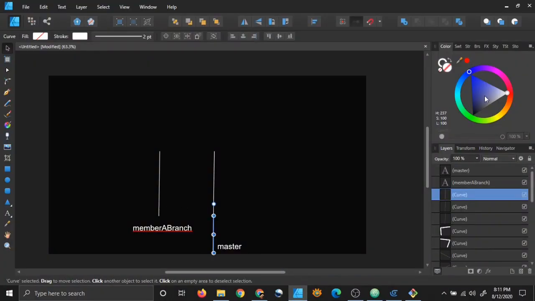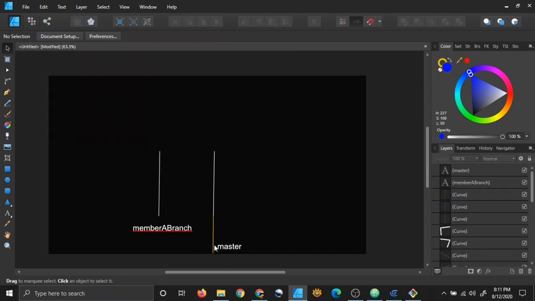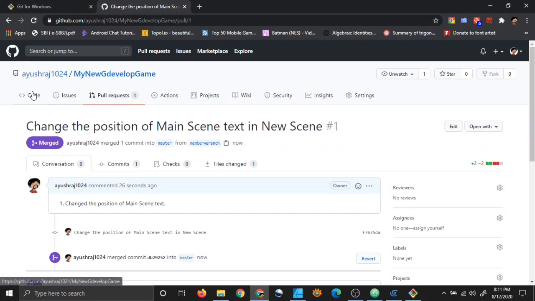Let me change the color of the master branch a little bit red so that you can see the difference. Yeah. So I have merged my master branch with member A branch here, and if I go to the code,